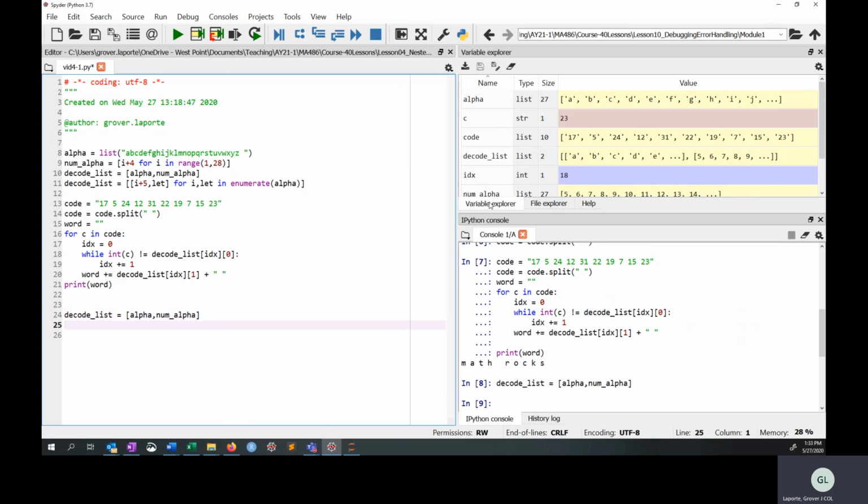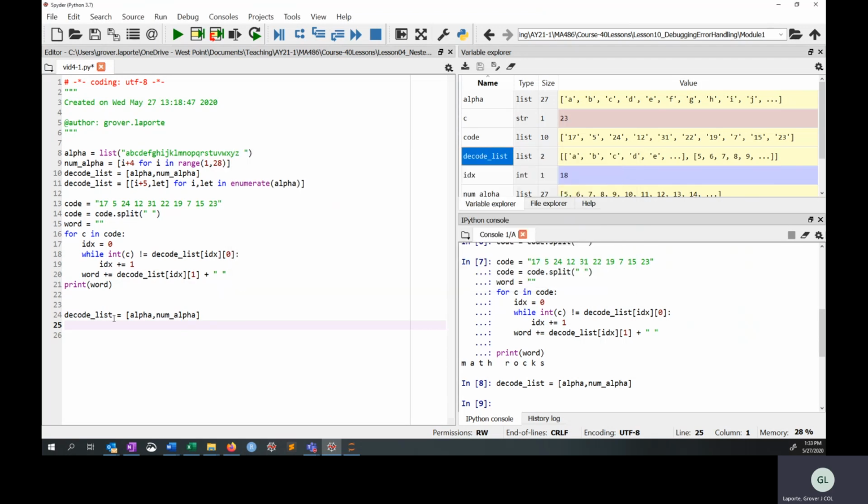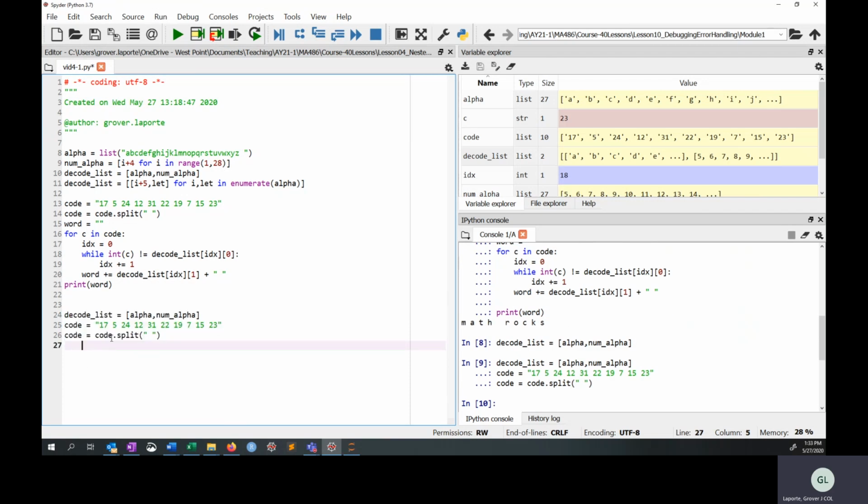So decode list now looks a little different. So now it's just 2 rows. So decode list looks like that, and I got to bring code up again and split it. So Control C, Control V. So F9. So now we're in a situation where I can step through our word. So word is equal to, so initialize that one, and then for C in code, what am I going to do? Let's see, the first,